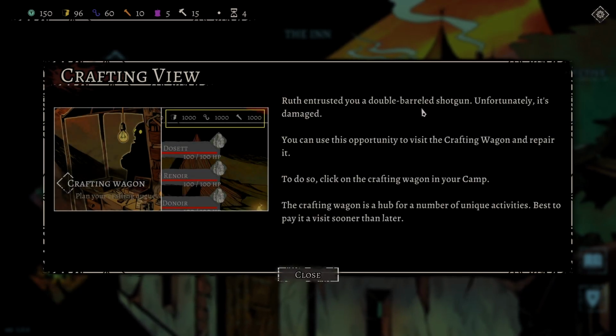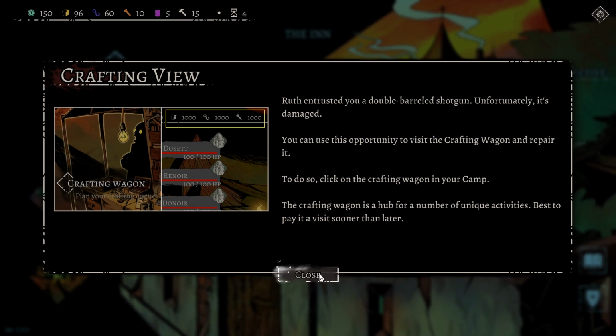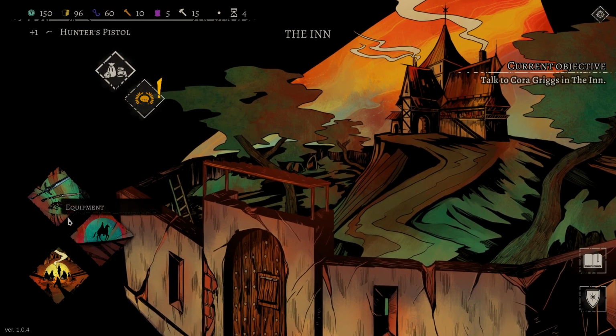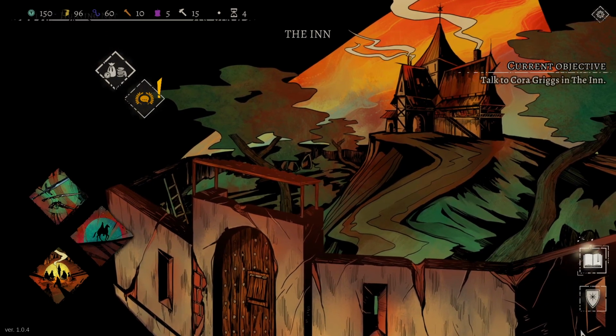Ruth entrusted you a double-barreled shotgun. Hell yeah. Unfortunately, it's damaged. Ooh. You can use this opportunity to visit the crafting wagon and repair it. To do so, click on the crafting wagon in your camp. Okay. So if I were to go into my camp somehow...